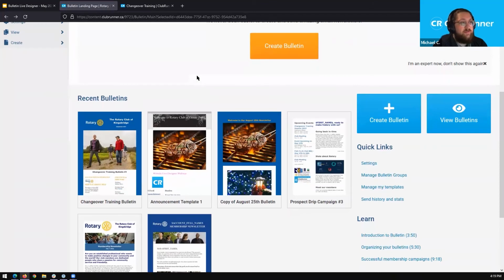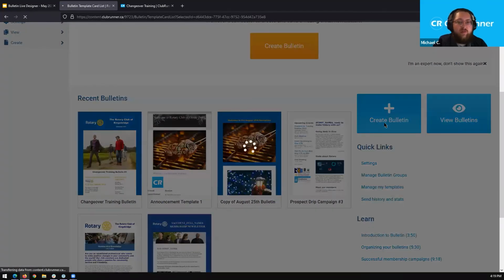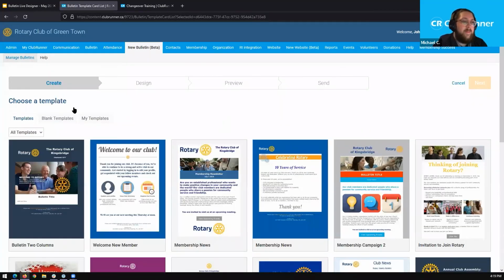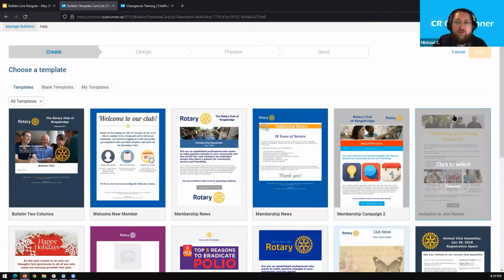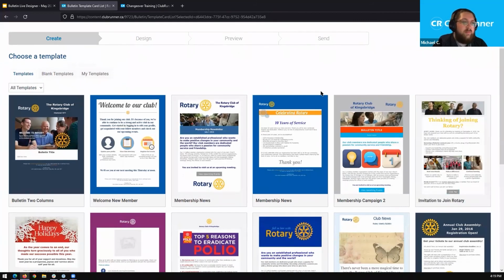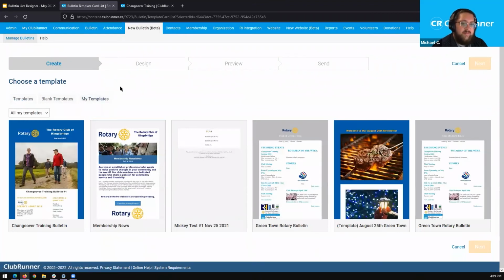And we're now going to create a new bulletin really quickly, just so that I can show you how you can now use this template that we've just created. So let's go ahead and click on the Create Bulletin button one more time. And then on this page where we were able to choose a template previously, we can now select the My Templates tab here. And you can see the changeover training bulletin template that we just created is now available for us